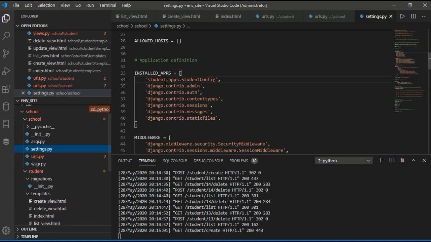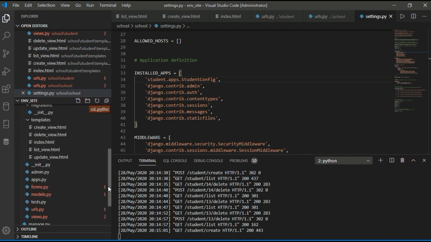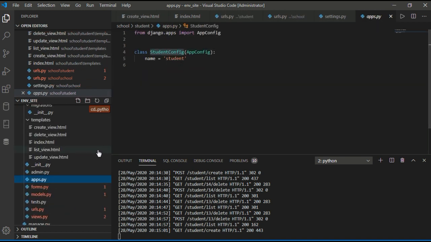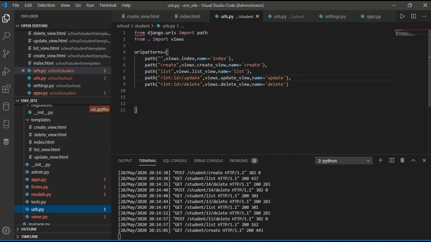Then we will set the application in the settings.py. This is students.apps.StudentConfig, and if we see apps.py, we see StudentConfig here, and we should add that.